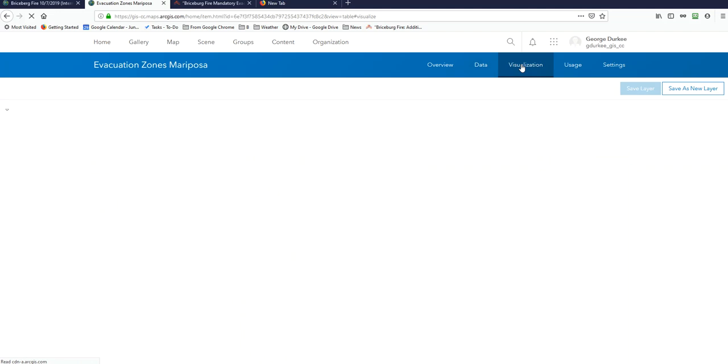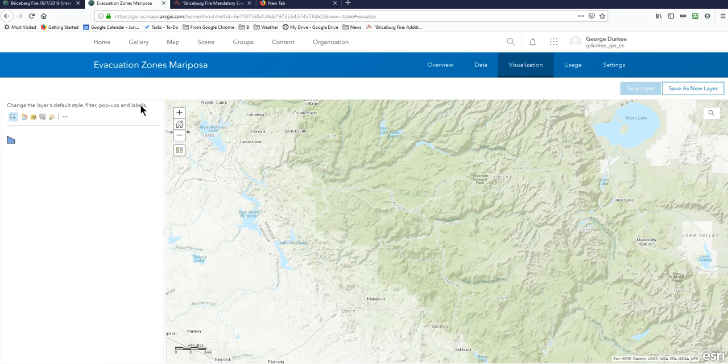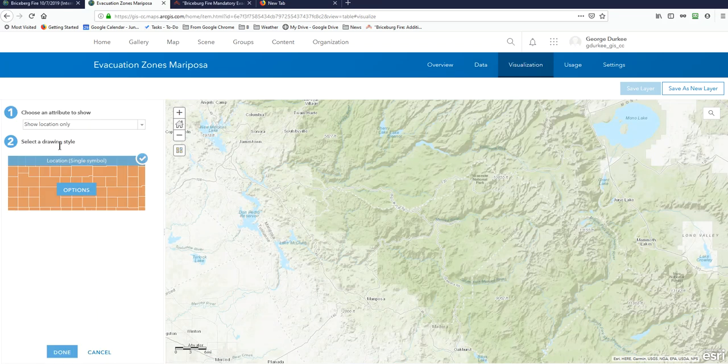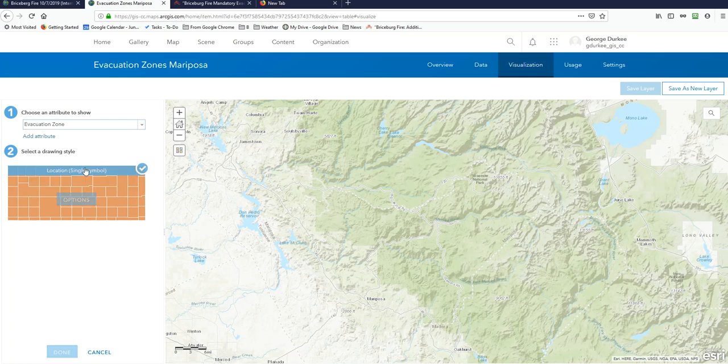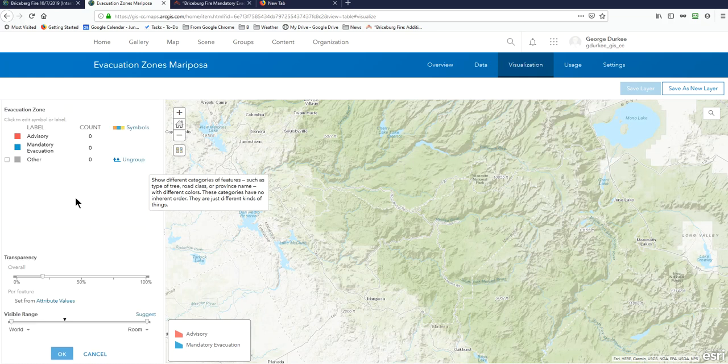So next we'll create a different symbol for each of those two, advisory and mandatory. And so you go to visualization. And here's your symbol here. Gives you a default, the blue. So you go to change style. And for the attribute to show, we want evacuation zone. And then it realizes, okay, there's two types there, and it gives you what they are going to set up as a default, but we're going to want something different. So we go to type and unique symbol,